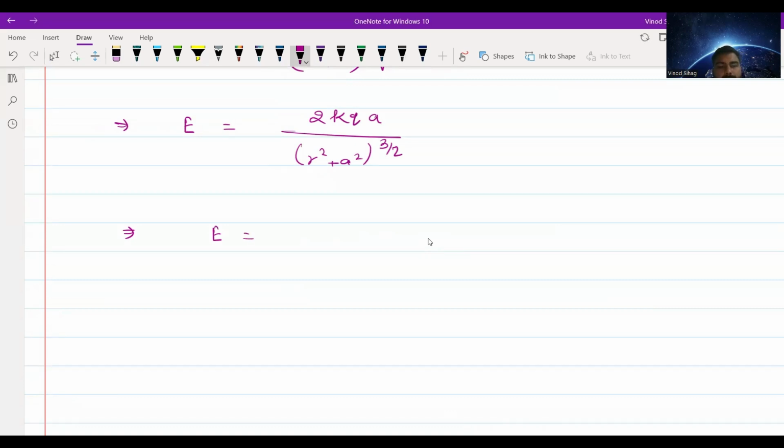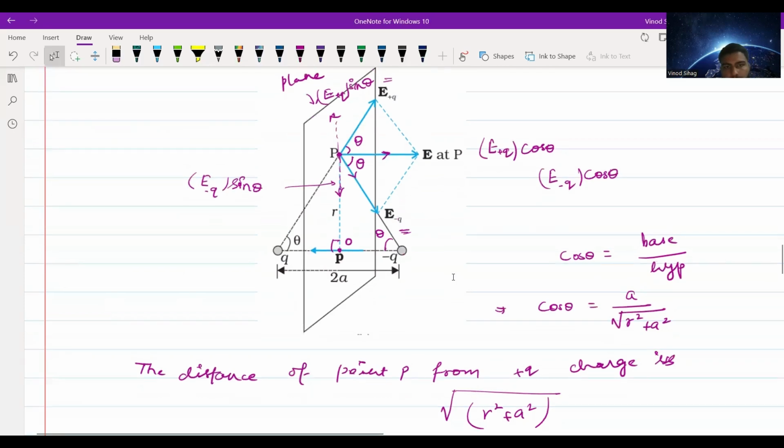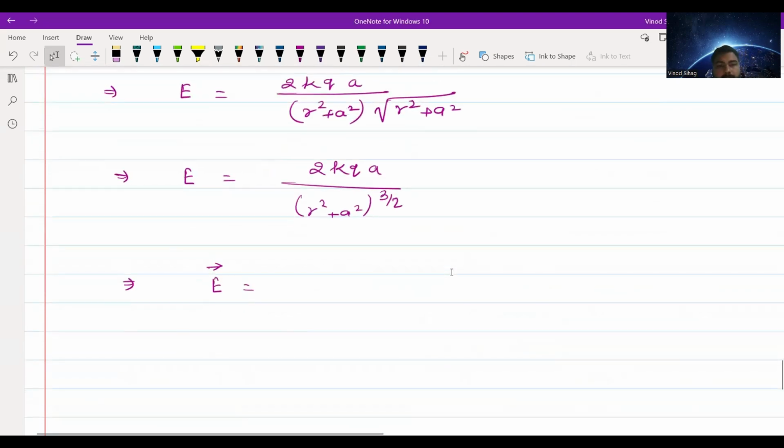Okay. Now if we write in the vector form, be careful about writing it in the vector form, because you can see that ये जो अपना इलेक्ट्रिक फील्ड आ रहा है यहाँ पे, ठीक है, जो कंपोनेंट्स आ रहे हैं, वो कंपोनेंट्स जो इलेक्ट्रिक फील्ड है, जो डाइपोल मोमेंट है उसके अपोजिट डायरेक्शन में है. तो जब अपन इलेक्ट्रिक फील्ड का डायरेक्शन लिखेंगे इन द फॉर्म ऑफ डाइपोल मोमेंट, तो उसमें एक नेगेटिव साइन आएगा. क्यों आएगा? क्योंकि यहाँ पे जो इलेक्ट्रिक फील्ड कंपोनेंट्स आए हैं, that are in the opposite direction of the dipole, and the direction of the dipole is from negative to positive, that is why that is in the negative direction. So let me write here electric field will be